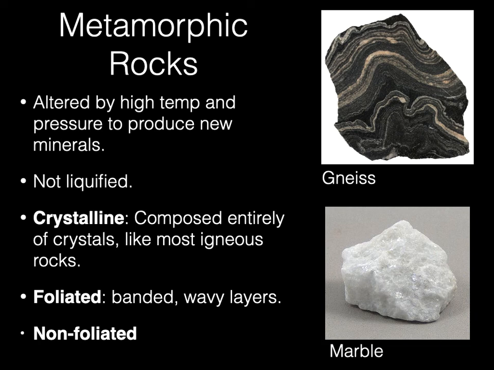So marble's actually a pretty good example of a contact metamorphism. And this foliation or banding means like layers or leaves. So this is confusing because we know sedimentary rock forms in layers. Layer after layer after layer. This one, they just broke like that. It's so perfect. It's a piece of sandstone. But you can see the different colored layers in there from when the sand got put down.